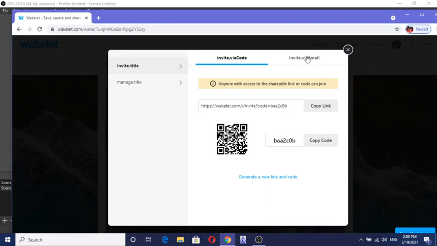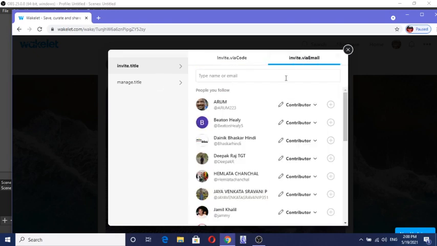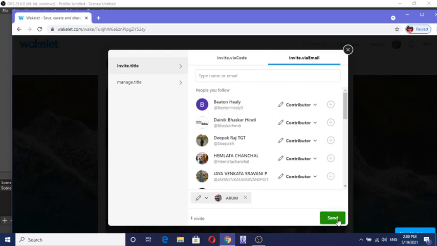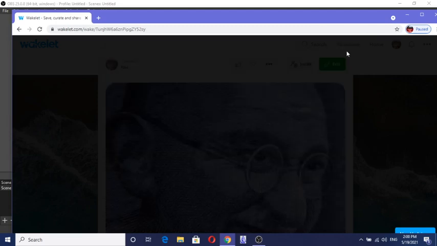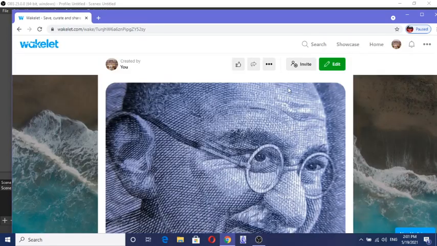And finally the fourth option is invite via email. If I am choosing here and clicking on send, an email will go to the person and he or she may get the code of the collection and may join our collection as a contributor. Thus, this invite option, that means the option of collaboration. I think I have talked about so many things, how to create a collection.